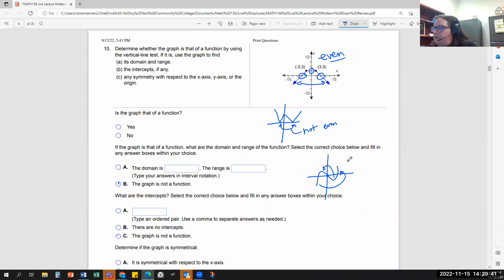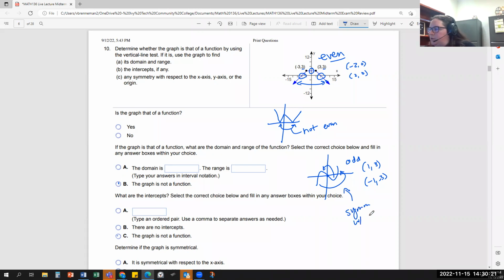If it's odd, then if you look at ordered pairs, you should have matching points. Let's say if I have 1, 3, then I would have to also have -1, -3. So matching points with the opposite sign on both the x and y, versus even, where we would have matching like we have here. We have 3, 3 and -3, 3, and we have -2, 0 and +2, 0. Any point you pick out, there's going to be a matching point with the same y value and the opposite x value.